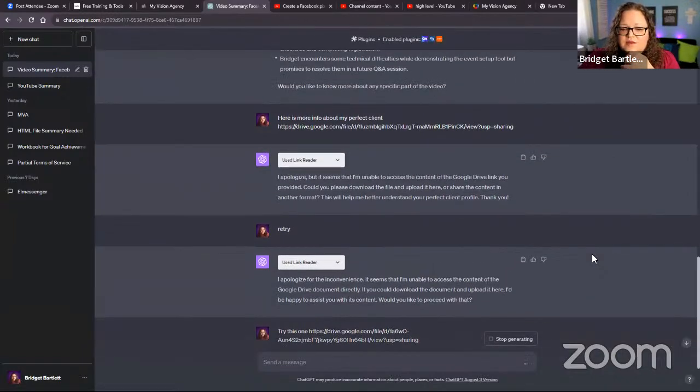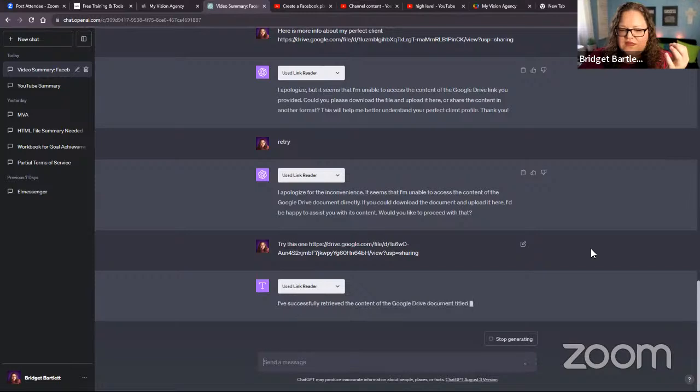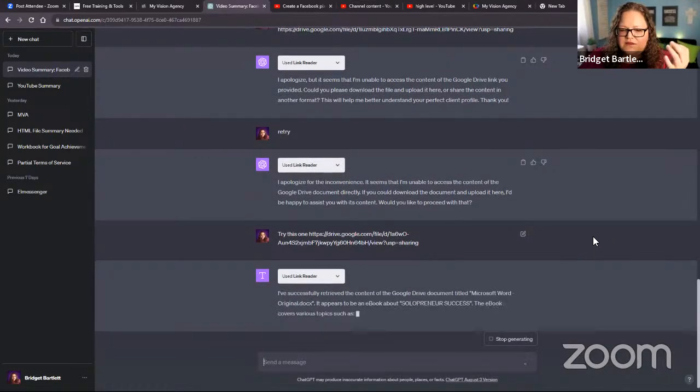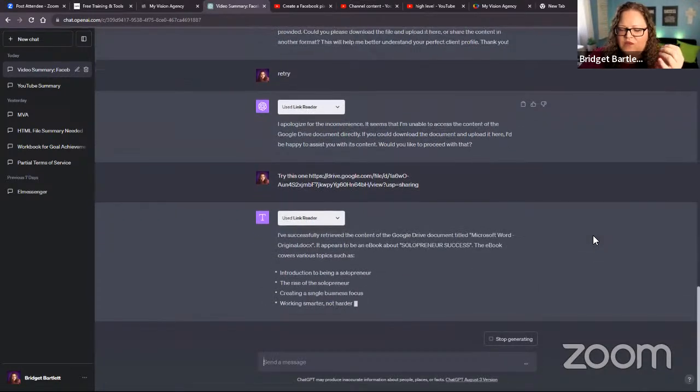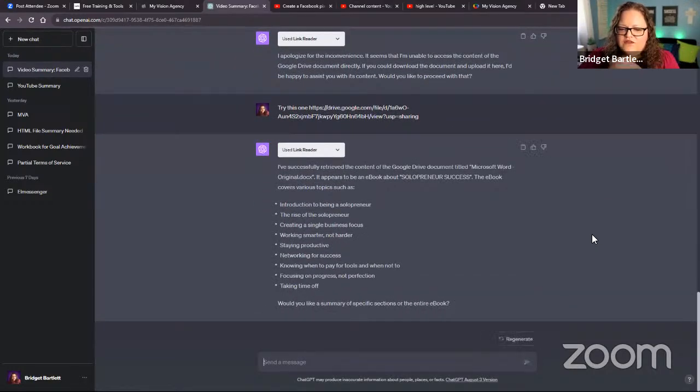Something else that you need to know about this too, when it's using the ChatGPT 4, you only get, I think it's 50, it's limited. And then once you run out of that a day, you have to wait until it refreshes. So that's something, you can't use these cool plugins on that.